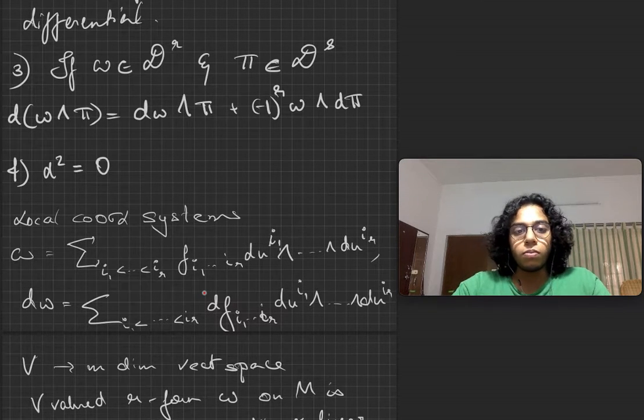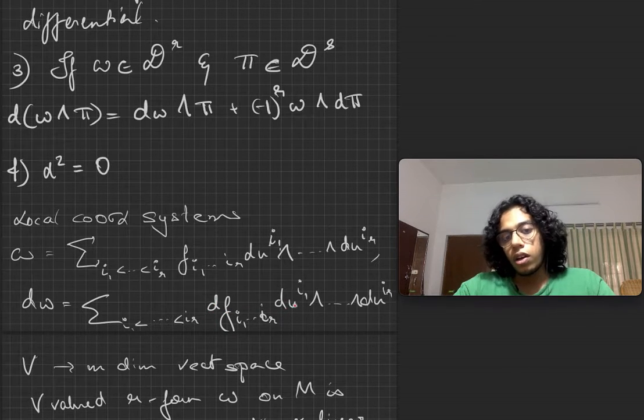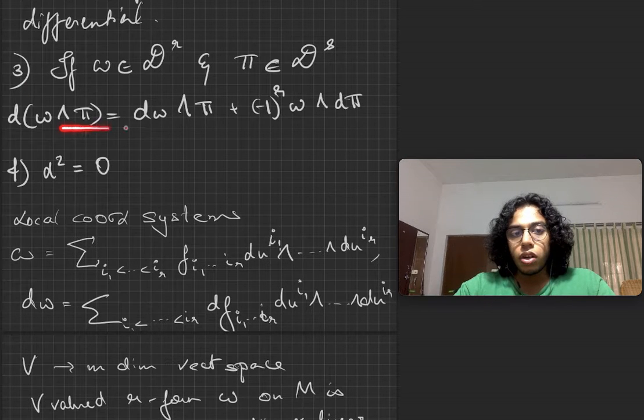So some more expressions of R forms, or the differential, in local coordinate systems. You have omega, as I told earlier, an R form, and you have this expression of the R form. Now your d omega is the differential of f times the R form. So when you actually take the differential of f, you apply rule number 3 here,